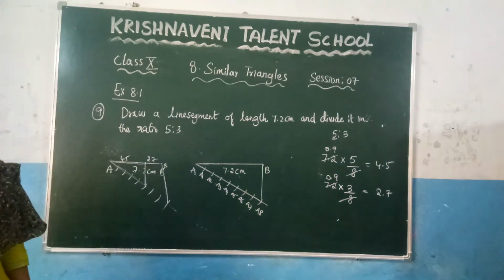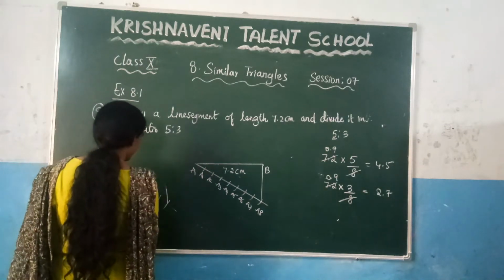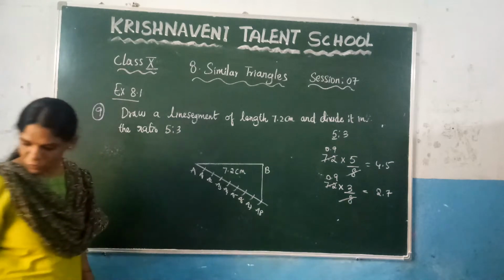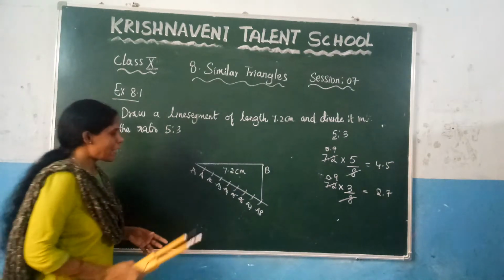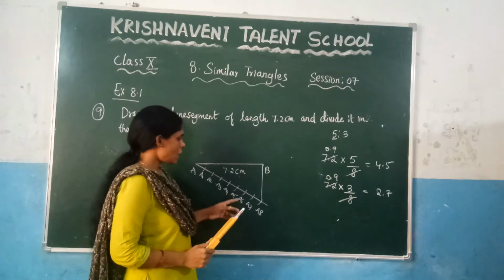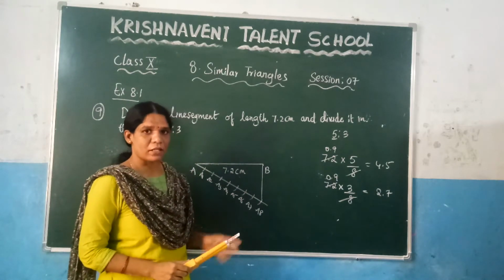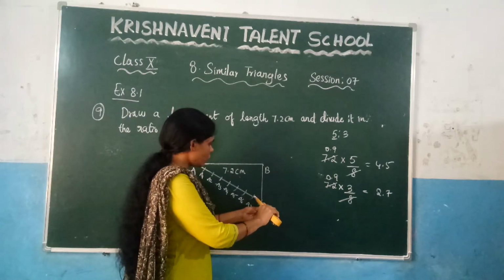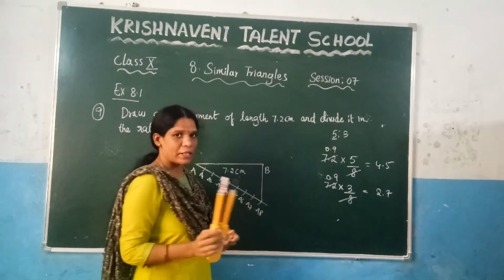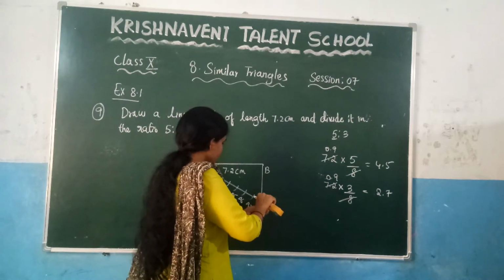Now you need to consider it as given like this. So now you need to draw the parallel line, right? How to draw the parallel line? You know that you have to draw the parallel line by this concept. First, at this point, you need to make one arc by taking some radius. So draw one arc here.